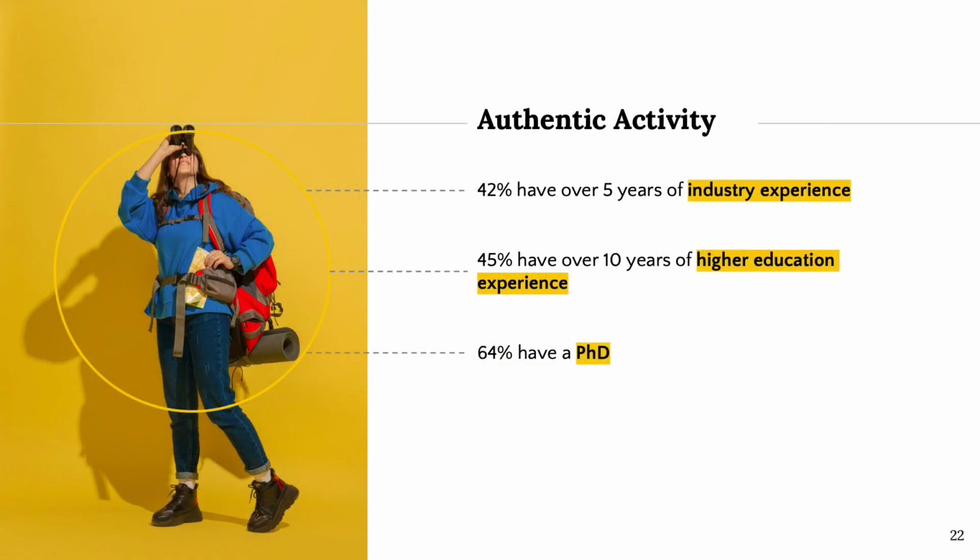Situated learning theory suggests learning is more effective when it is based on authentic, real-world situations that are relevant to the learner's experience and professional goals. Authentic activity allows learners to develop a deeper understanding of the culture and practices of the community and to see the relevance of their new knowledge and skills. To this end, the educators themselves can be viewed as authentic. The results suggest that live project educators have a high level of industry experience. 42% had 5 or more years of industry experience.